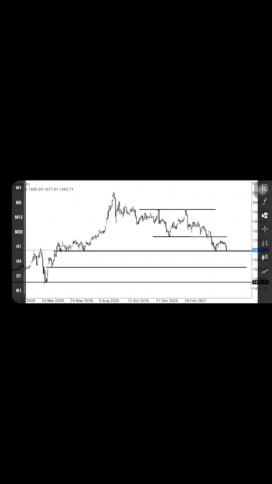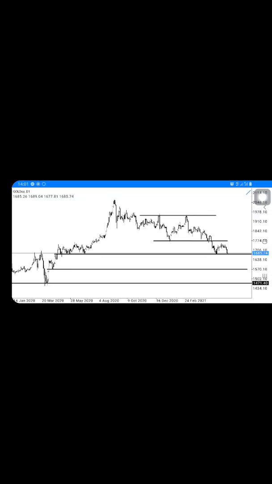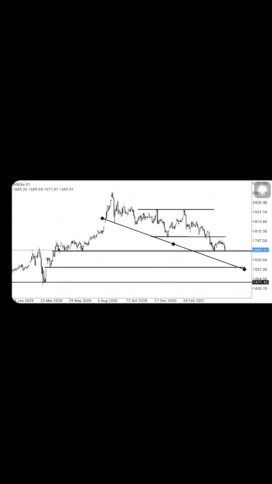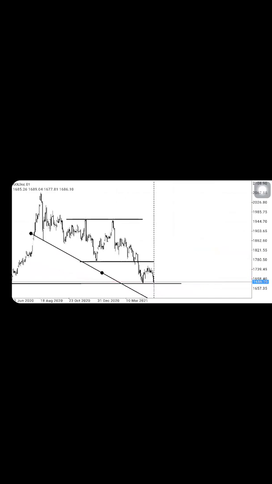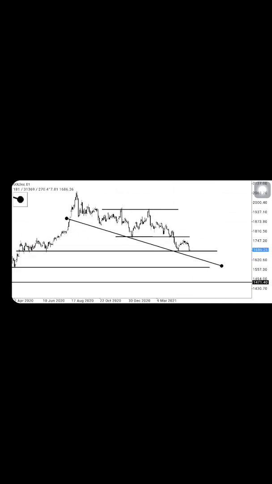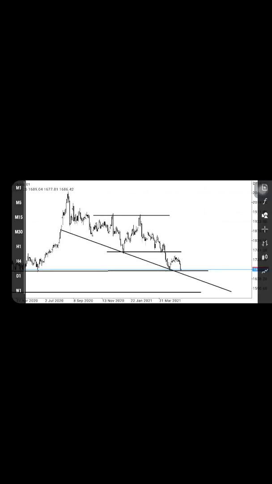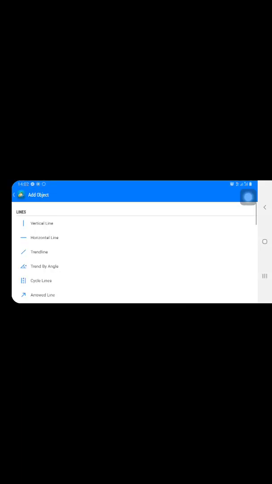And finally, we have to identify our channel, which is very simple. On the first touch, we always put the line on the wick, but from the second touch onwards, we aim for the bodies. That way we did it. We also have to do it above here. Okay,